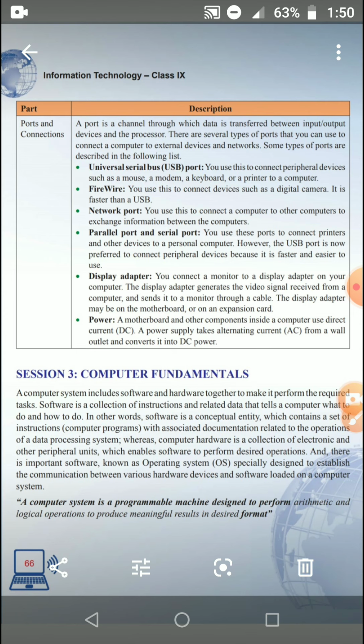That is the most important system software. Then comes your application software, which are designed to do a particular task, like your Microsoft Word, spreadsheet, Excel, PowerPoint. Fine. So these are basically your types of software. Softwares are basically instructions which direct the computer to do some kind of task.